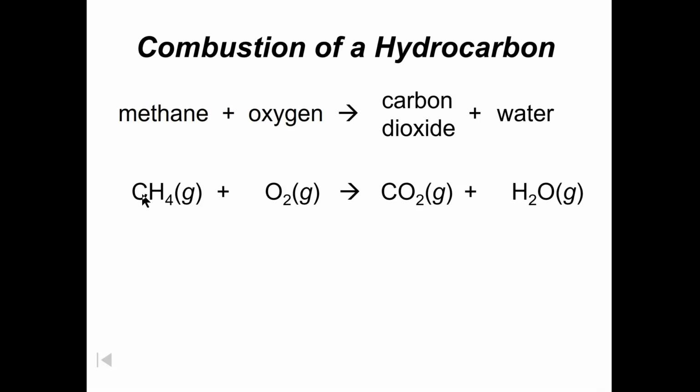So here's the chemical formulas, CH4. This is telling me there's 4 atoms of hydrogen combined with 1 atom of carbon. Don't worry about this right now. To be honest, like I said, this is just kind of basic, setting it up. In about 2 weeks, we'll be talking about this sort of thing, and this will make a lot more sense. But just for illustration, this is the formula for methane. G means it's a gas. Here's the molecular formula for oxygen. 2 oxygen atoms make 1 oxygen molecule.